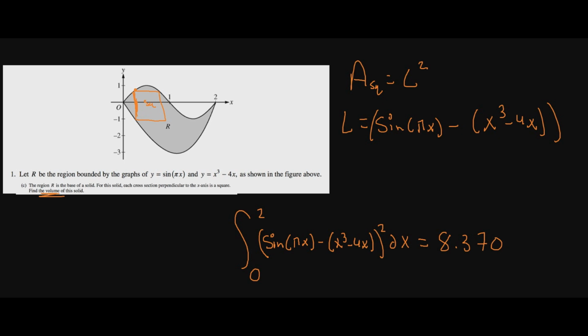Part D is a little more challenging, especially because it's talking about the region R models the surface of a pond. At all the points in R at a distance x from the y-axis, the depth of the water is given by that. Find the volume of the water. So what's kind of hard about this is that it involves depth, which makes it three-dimensional. So really what we have is a little depth here. Right around this is kind of like the depth of water, and they're telling us this length here is your